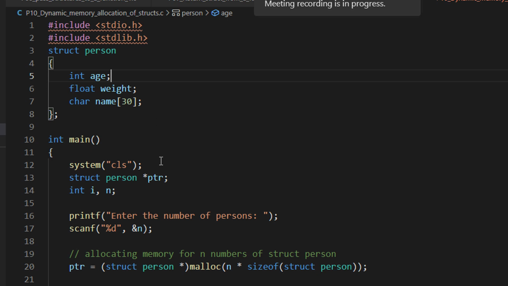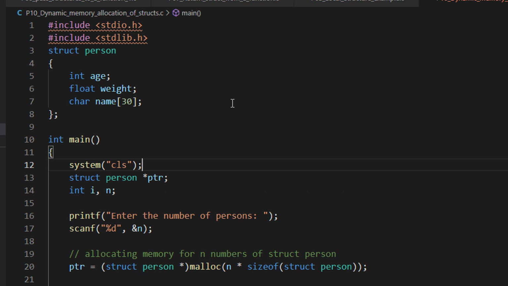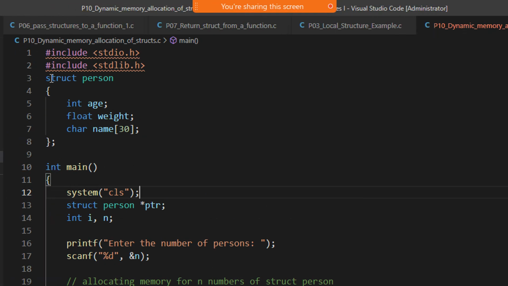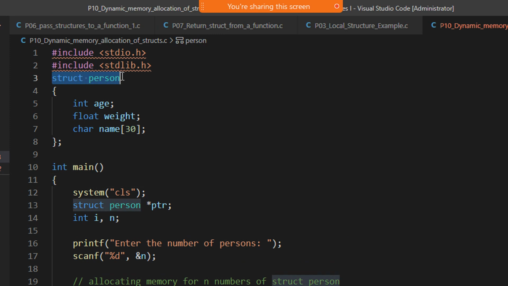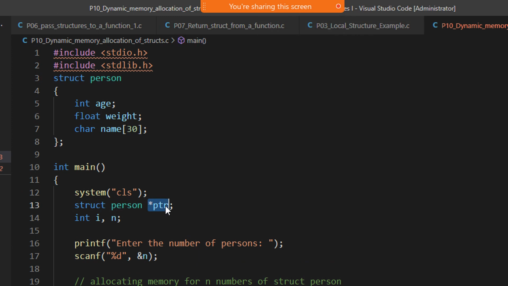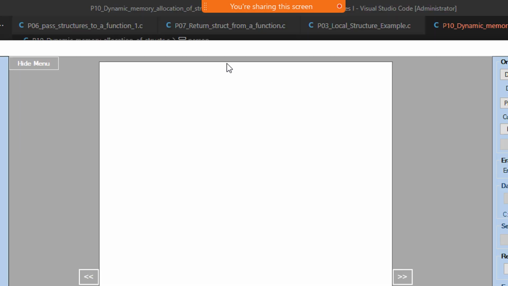Now we do system cls to clear the output. For Mac and Linux, you can use clear. When you have a dynamic structure allocation, we declare a pointer to a structure. We have a struct person and star ptr. Basically this is a pointer to this particular structure type. So eventually what will happen here is